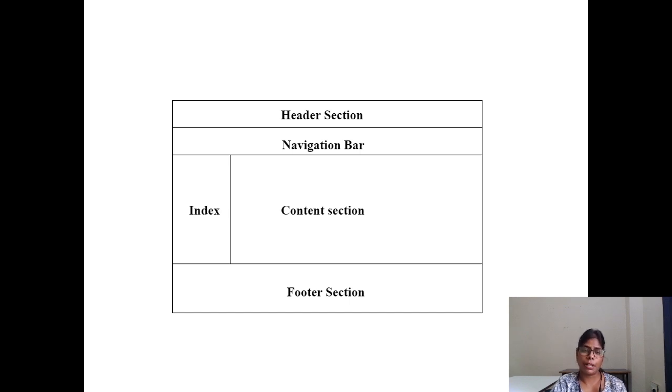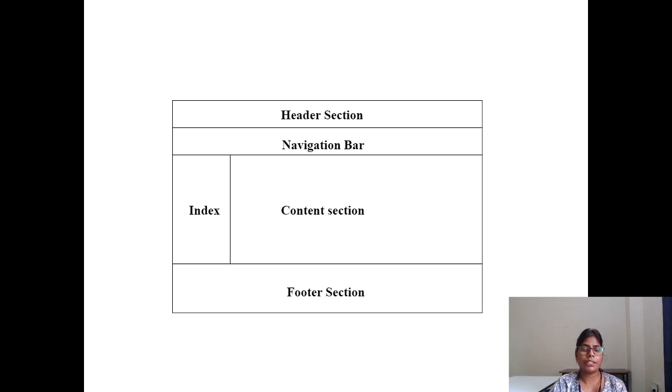In the navigation bar we can have about our website, courses, and subjects. In the index we can show all the content we deliver to the students. The content section contains all the data about the particular subject, like the subject definition, introduction, applications, and other things. The footer section is